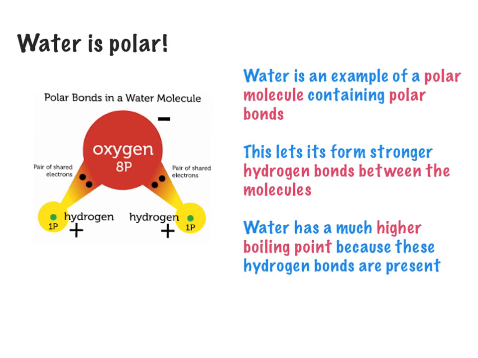And we find this is a really constant pattern between any of the molecules that are polar. When they are together, their boiling point is much higher. I'm going to leave it at that and hope